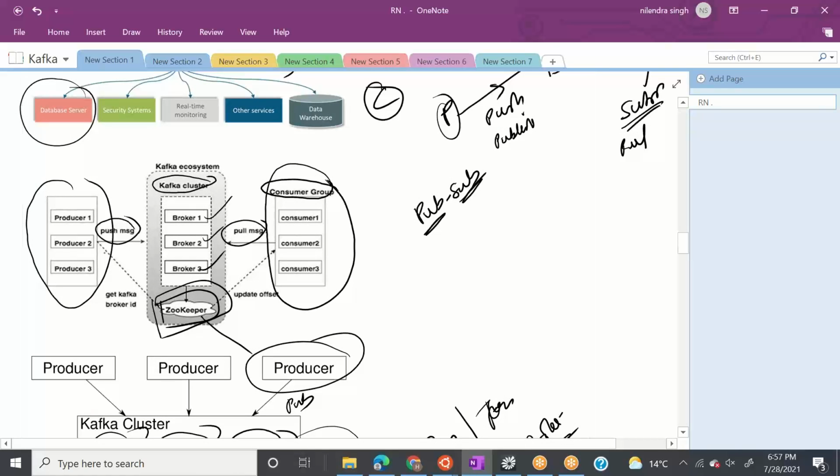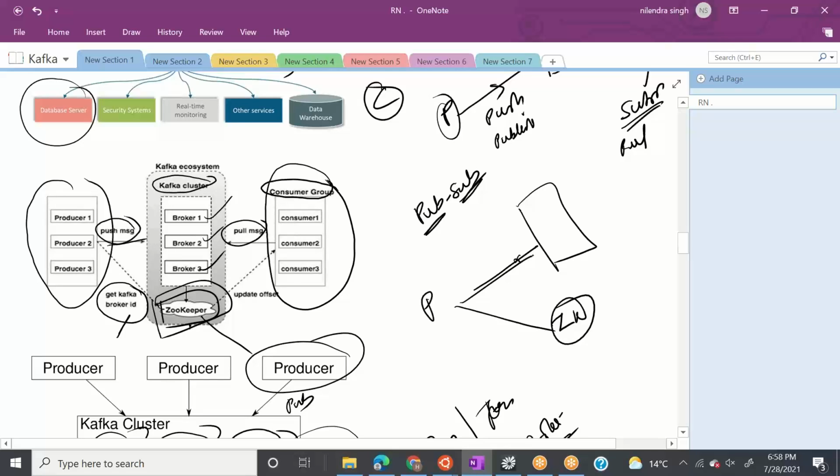So producer first connects to Zookeeper, gets the broker ID, and then pushes the messages to the broker. So producer, before connecting here, will connect to Zookeeper, take the address of the broker, and then push the messages. So this is your first step, this is your second step. Make sense? In the same way, consumer will pull the messages and update the offset here. So 1 and 2.